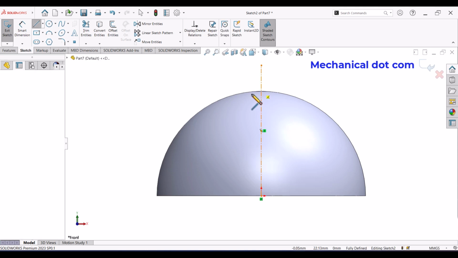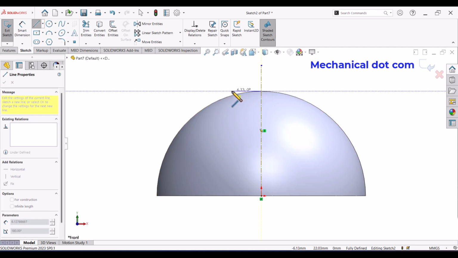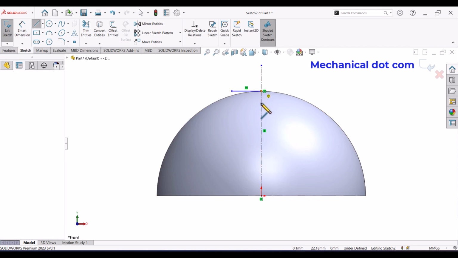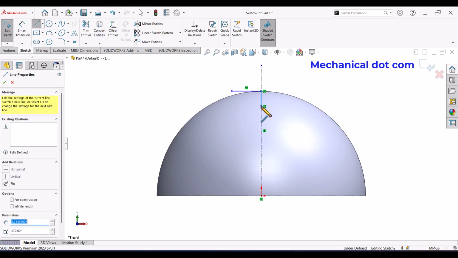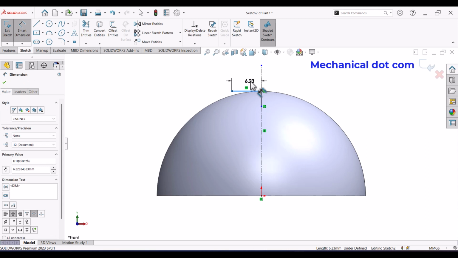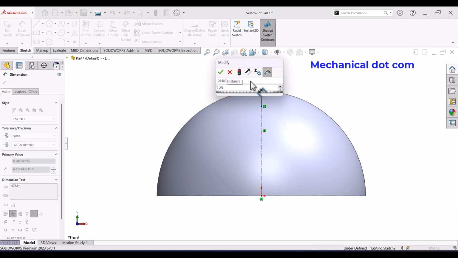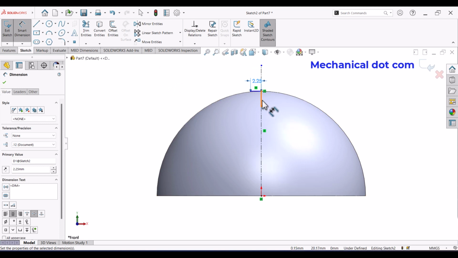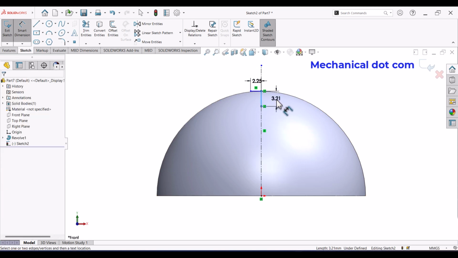Horizontal line from the top of this like this, and also a vertical line like this. Now go to Smart Dimension and measure this line as 2.25 mm and also this line as 1 mm.